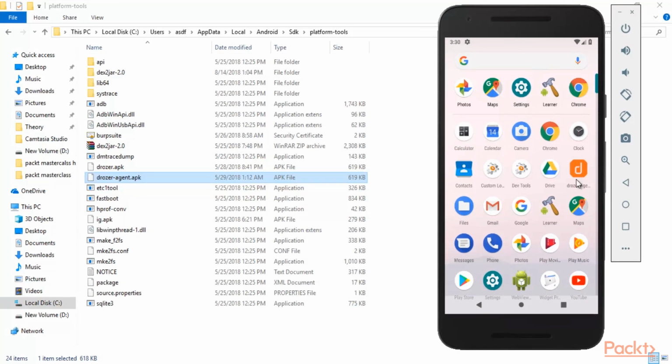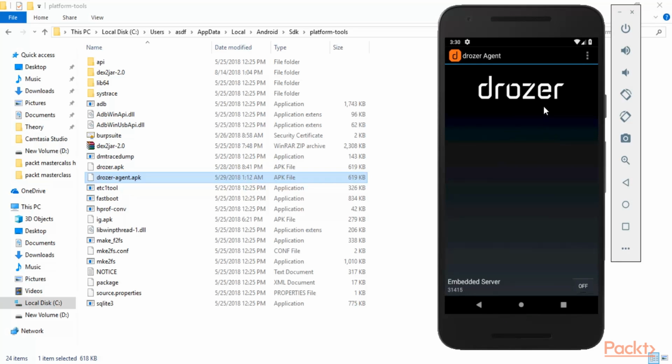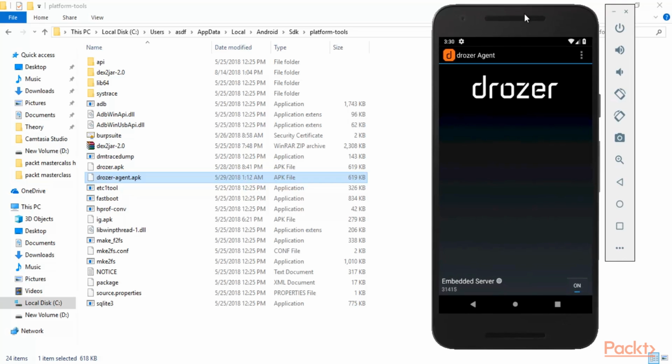You can see here, this is Drozr. Click here, open this, and you can see server is off, so I need to on this server. So click here and on this server. Alright,